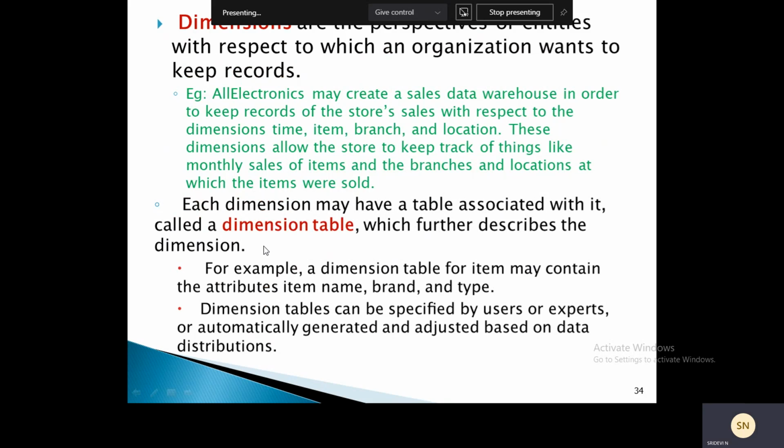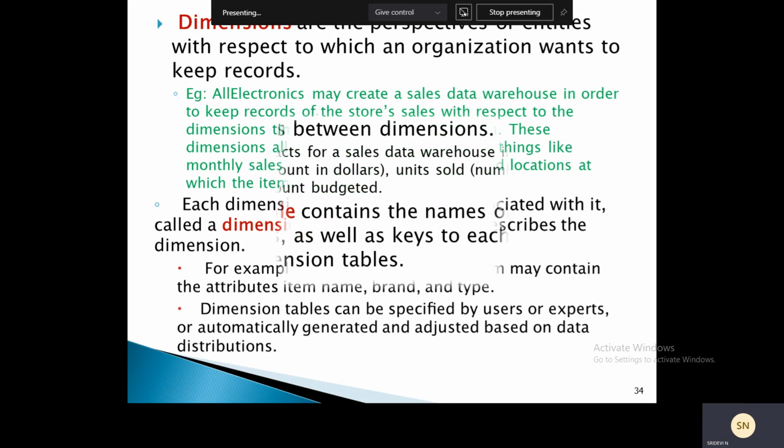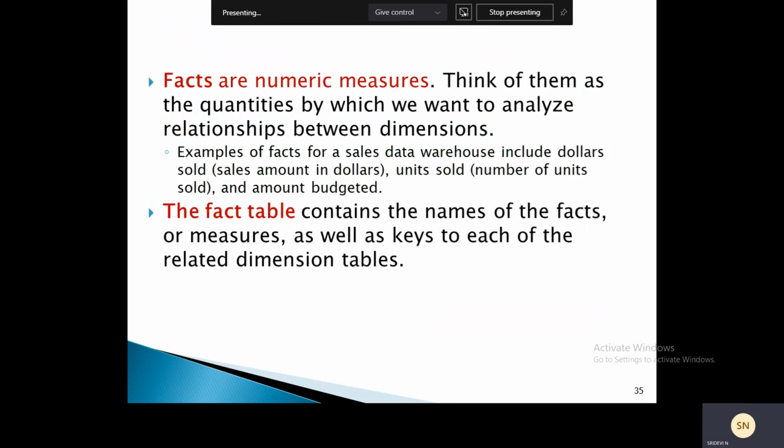If we say a dimension is an entity, then a fact is a numeric measure of that, like how many were sold, how many units, and what is the amount budgeted.